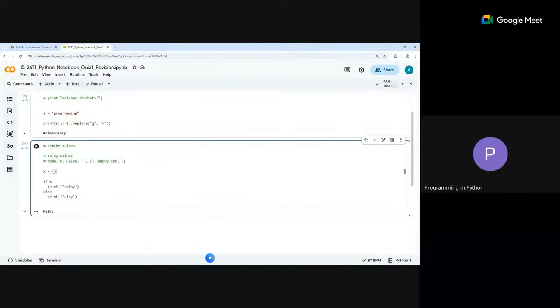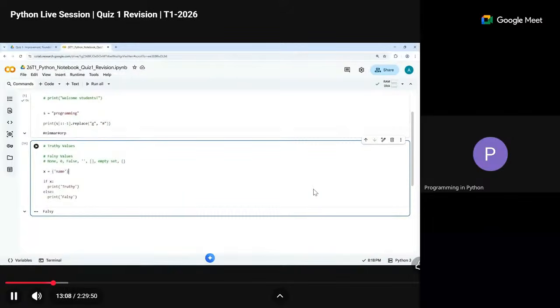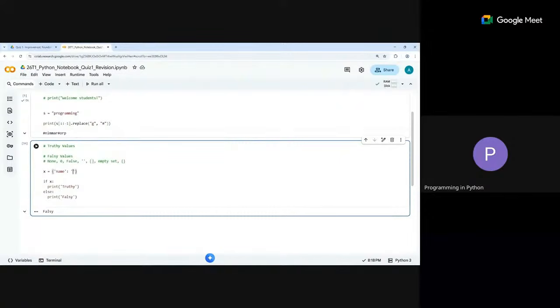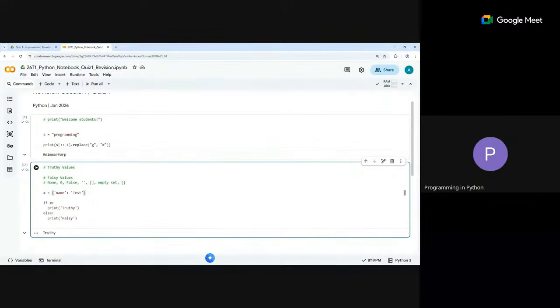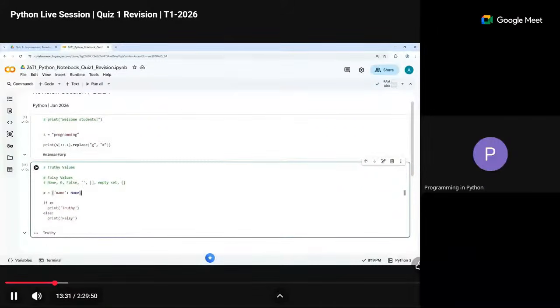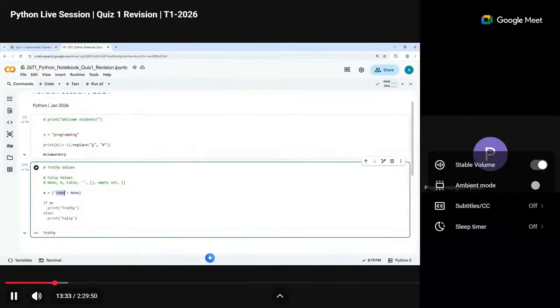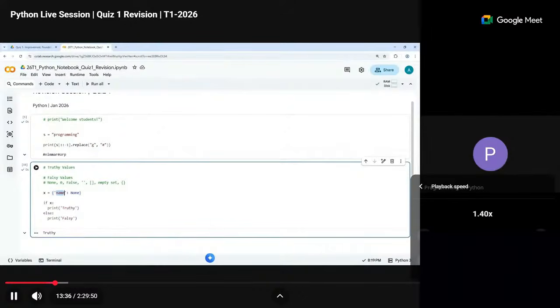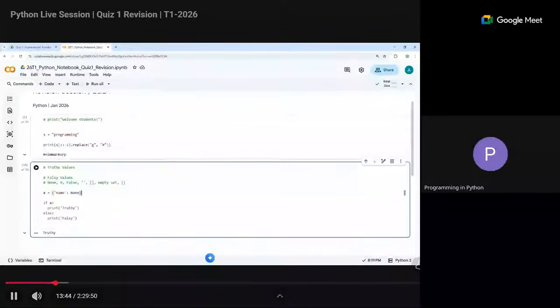So let's assume there's a key here, some name, test. Now it becomes truthy, right? Because you have something. So if the number of keys in the dictionary, remember the number of keys, not with respect to the values, that also you have to understand. So if name is none, it doesn't mean the dictionary becomes falsy. These are the keys which are making it true or false. So if the length of keys is more than 0, then essentially consider it true. The same for sets as well as for lists. The idea clear? Shall we move on to the next question?